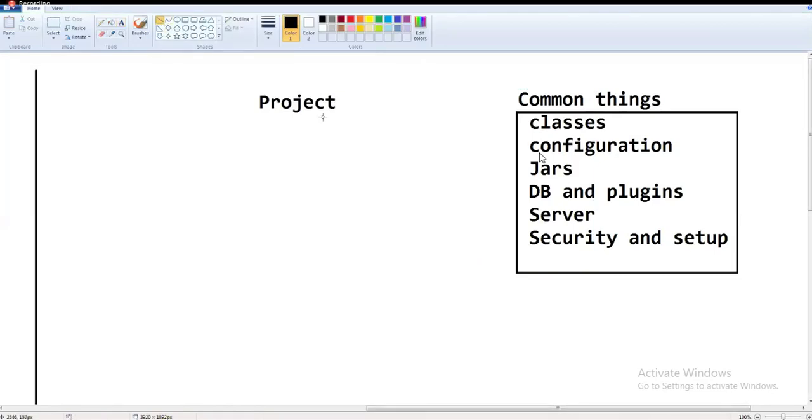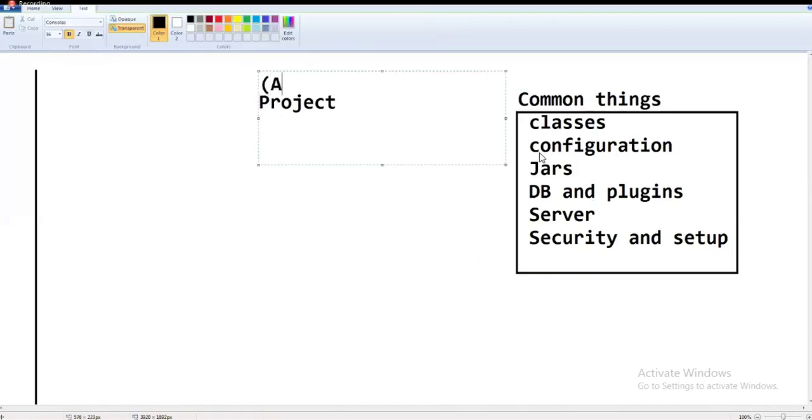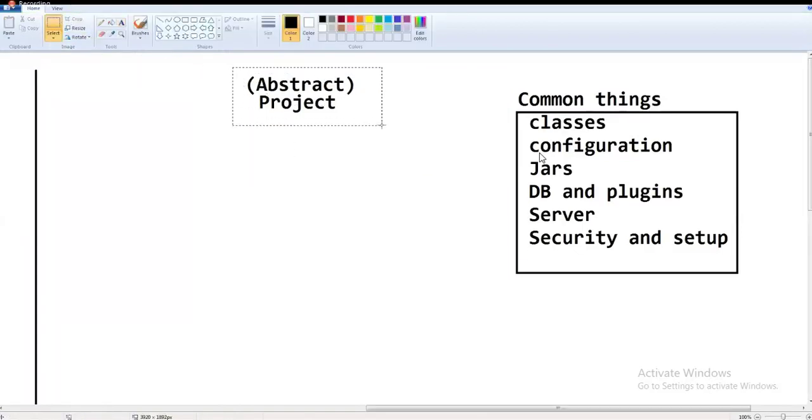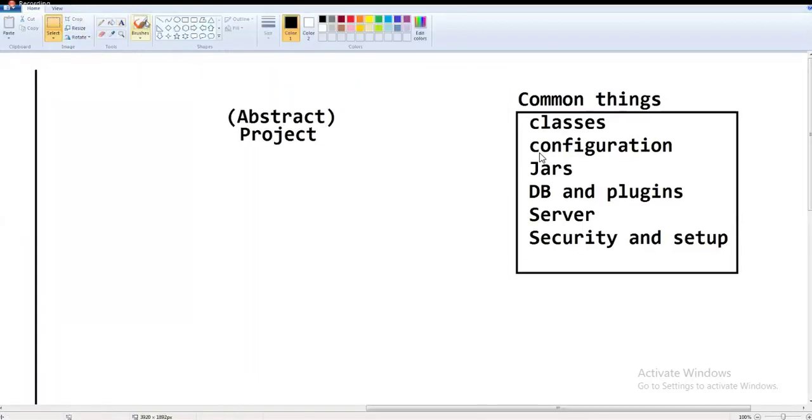It's like an incomplete project, or we can call it an abstract project, not exactly, but like an abstract project. The work of this abstract project is having common things: common classes, common configuration, common jars, database and plugins, servers, security and setup.